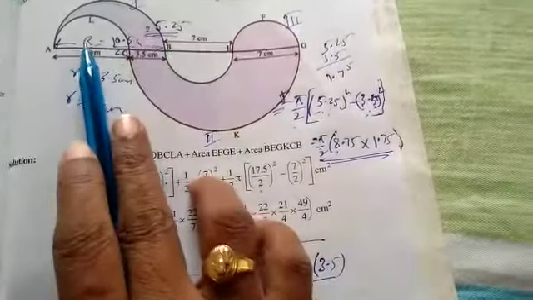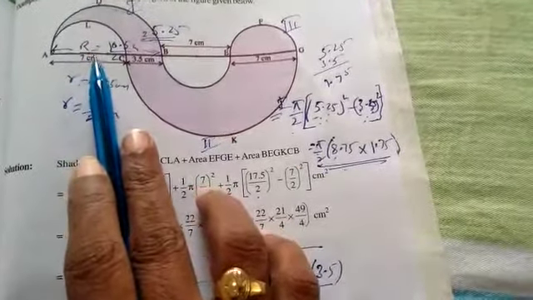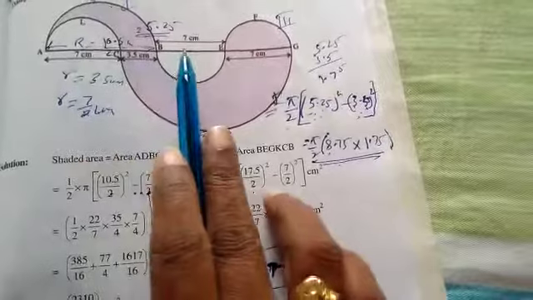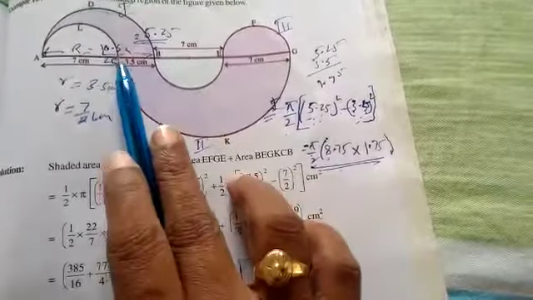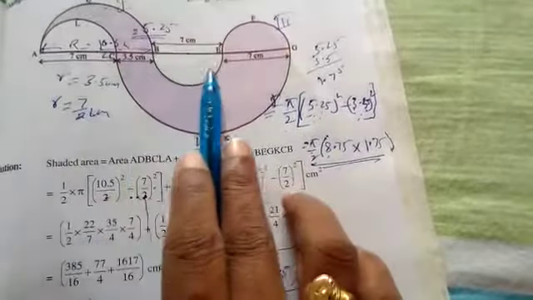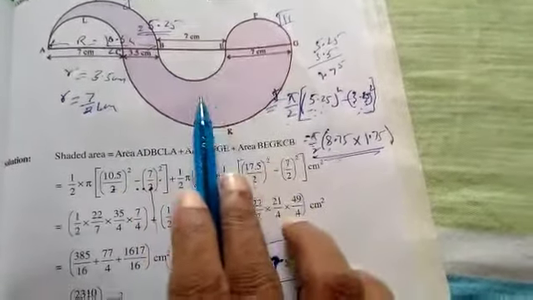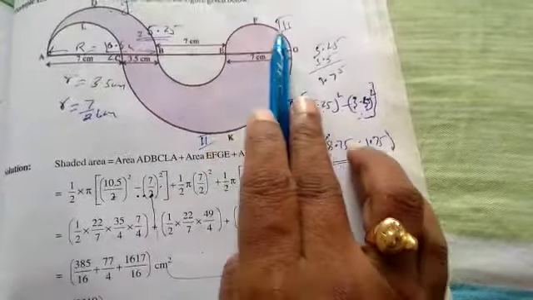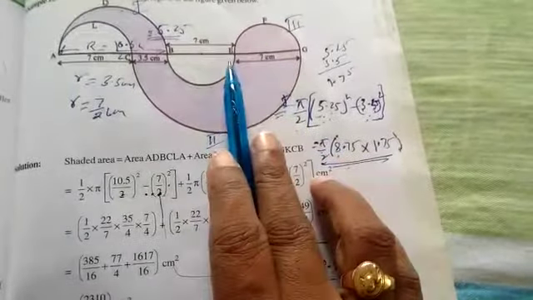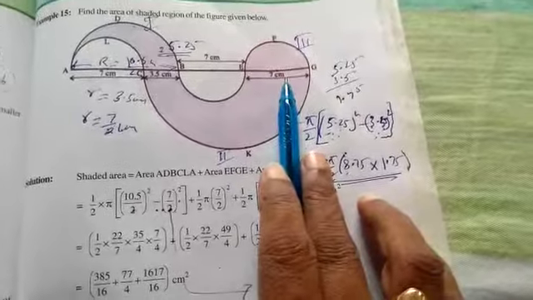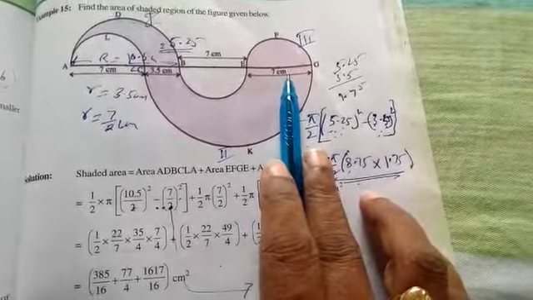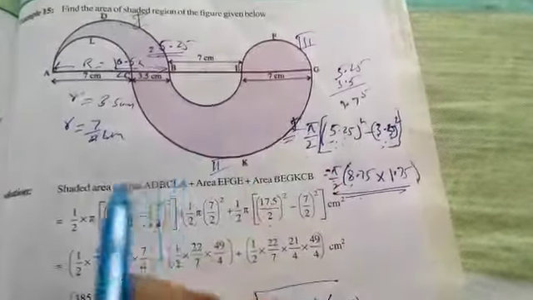So you have determined already the area of the semicircle of diameter 7 centimeter here. The same is here again. The same is here again. So from this particular area you can subtract this and you will get this shaded region 2. Now shaded region 3 is directly the area of the semicircle of diameter 7 centimeter or radius 3.5 centimeter. See, what is it that you have to find out?